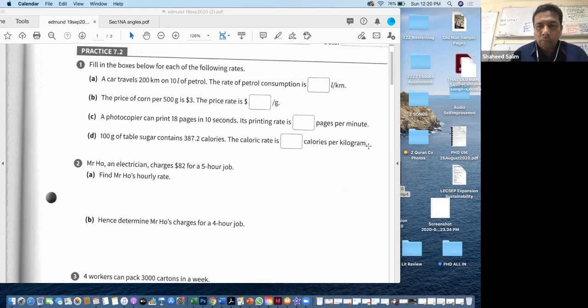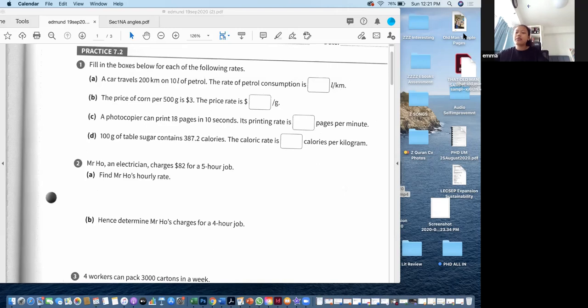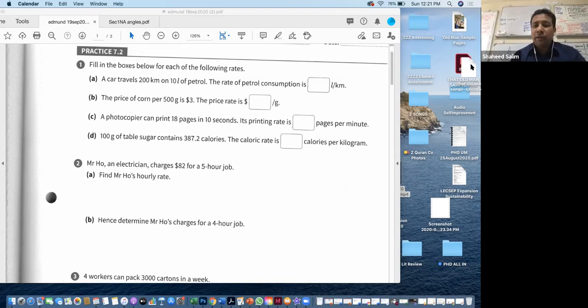Look at the unit. 3.872. Well done. Emma, this rate, you may not like it now, but all this